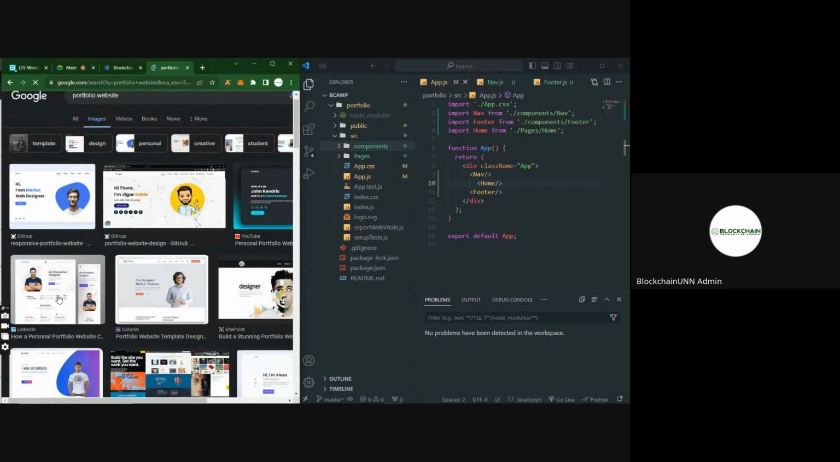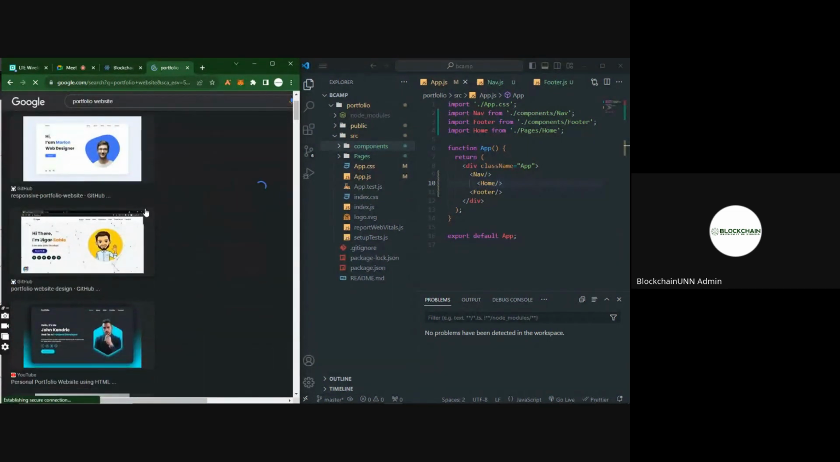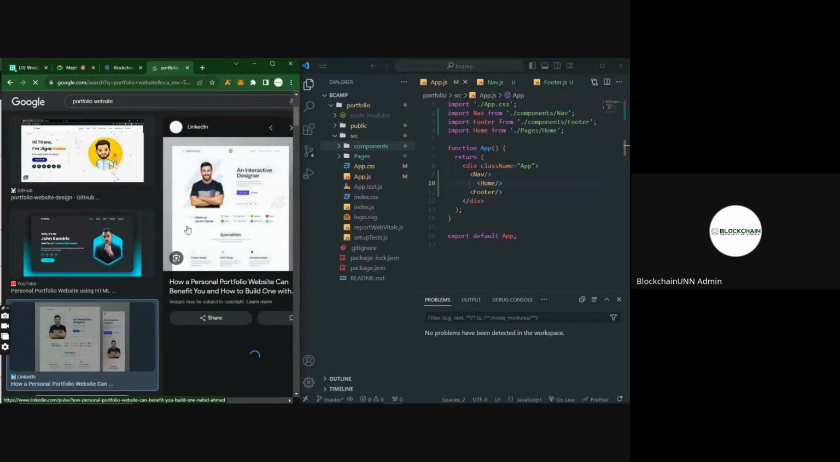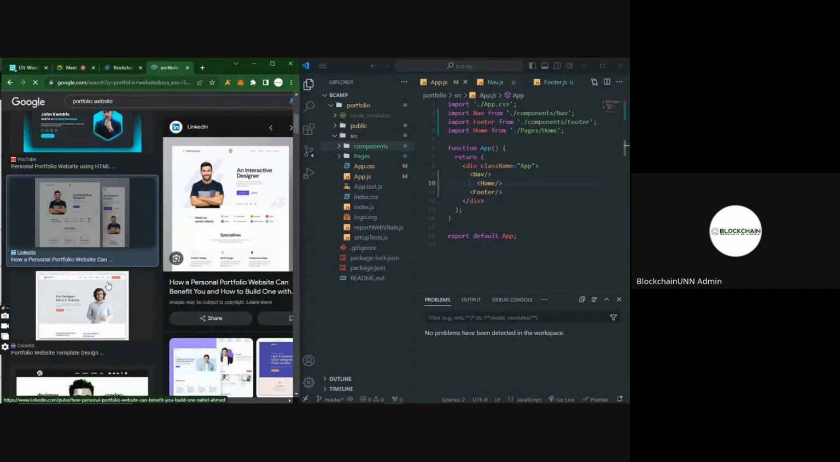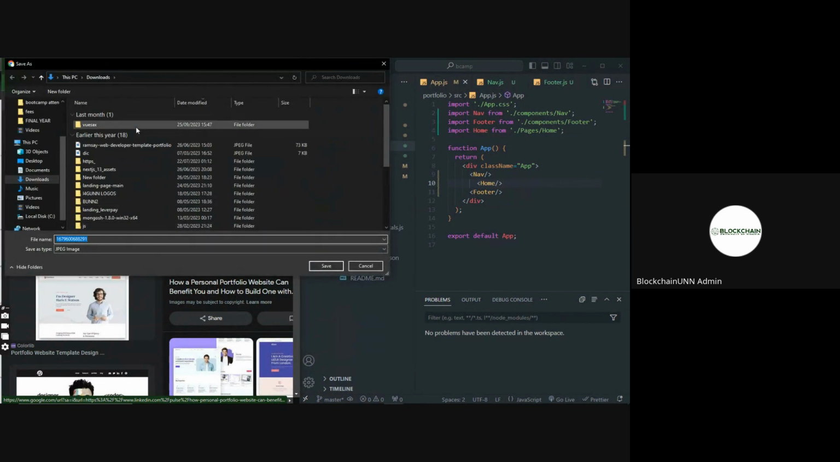Let's not go to LinkedIn. This one. I don't know how clearly we are seeing this here, but this is the basic thing I want to explain now. This is a portfolio, right? So in this portfolio, there's the navigation bar. Let me try to save this image so we can just